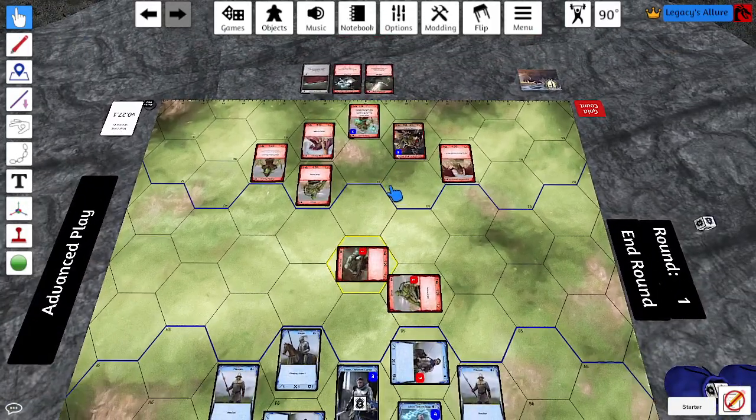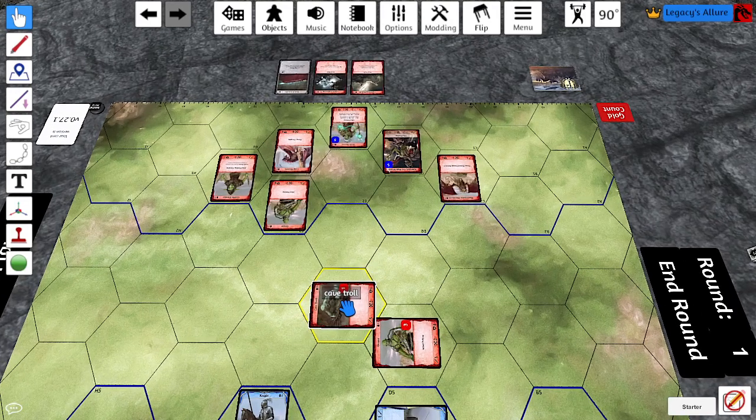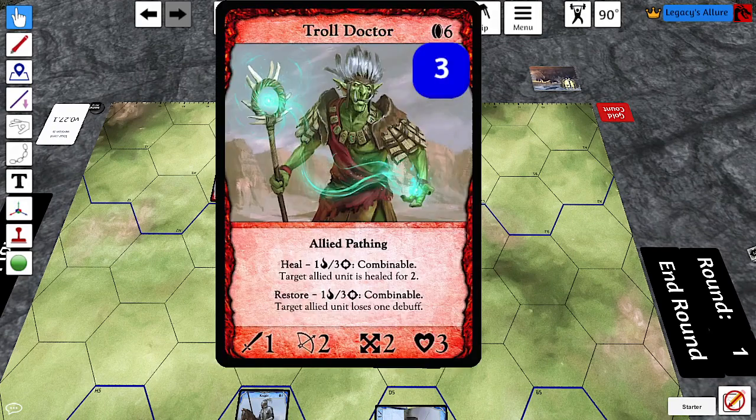Alright, now let's talk about abilities. Let's say that we want to heal the cave troll. Well, fortunately, the orc player has a troll doctor which can heal, and the troll doctor starts with 3 mana. That's why we have 3 mana on it right now. And the troll doctor, it does have a normal attack. You can see down at the bottom it can attack within 2 range for 1 damage, but it also has